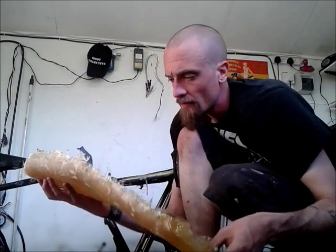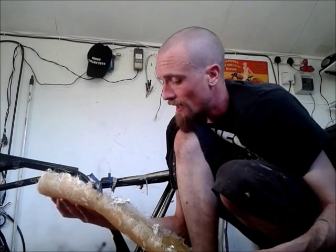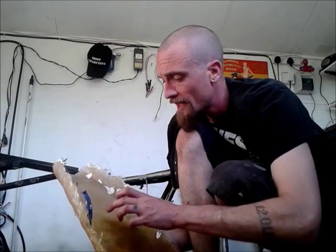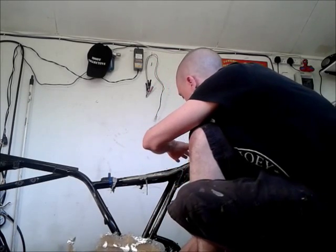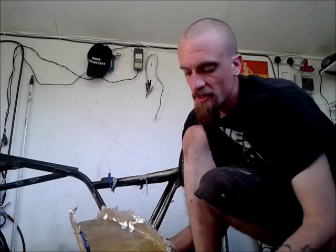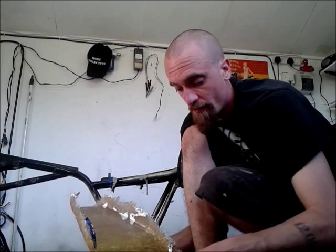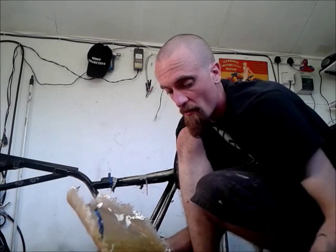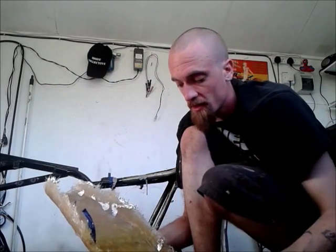So I'm going to probably let it harden off. Be a couple of days, so I'm not going to do anything tomorrow because it's the Ace. And then I'll trim it down. Plan is to drill 2 holes in it to mount on the bracket there, and 2 holes at the back on the bracket at the back there. What I'm thinking of doing is just sinking 4 bolts through that and just bolting them on, work out the height, probably just resin them in so they don't move. So when the cover eventually goes on and it's wrapped over and stapled,